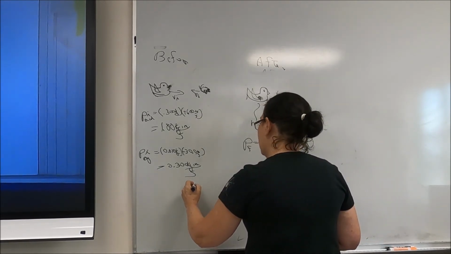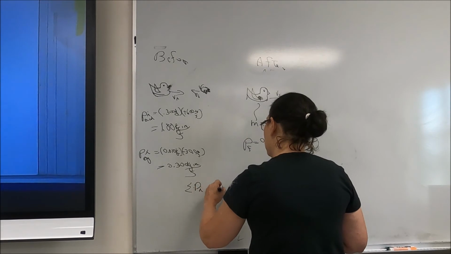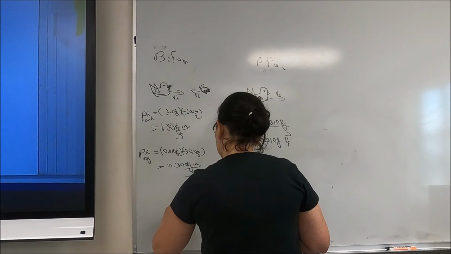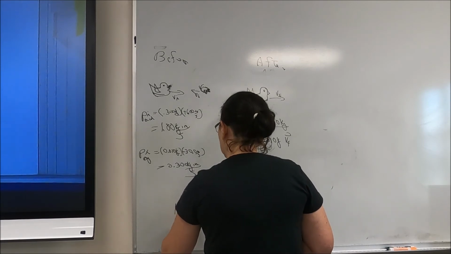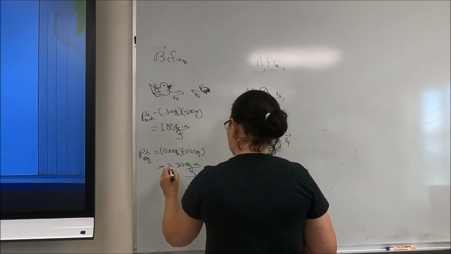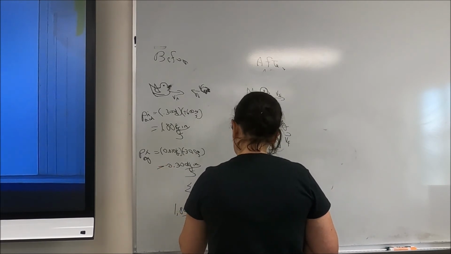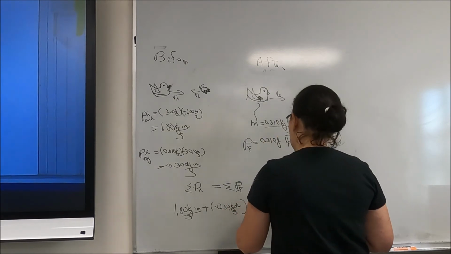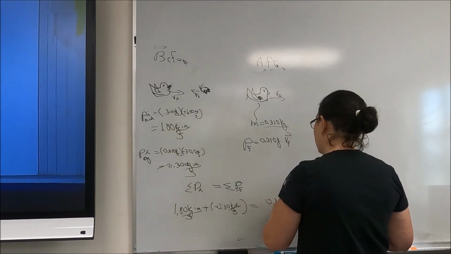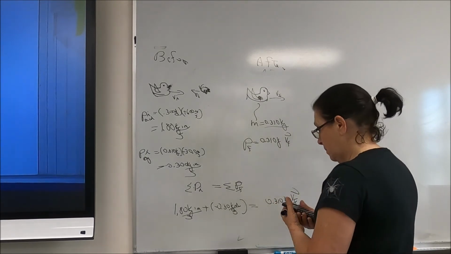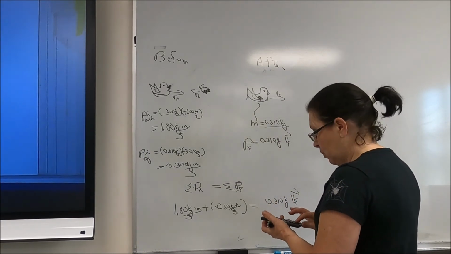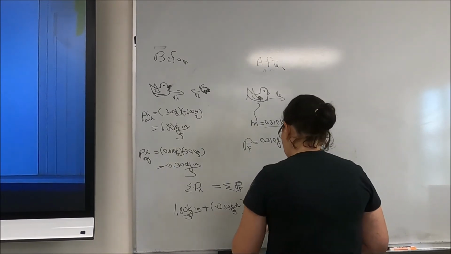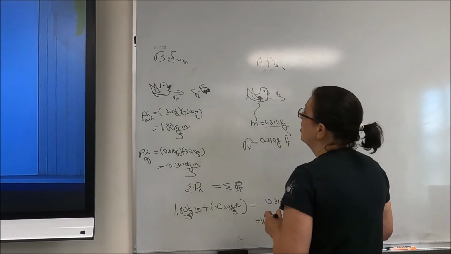So if I say the sum of the momentums initially has to equal the sum of the momentums final, I have 1.80 kilograms meters per second plus a minus 0.30 kilograms meters per second has to equal 0.310 kilograms times V final. So 1.8 minus 0.3 divided by 0.310 says that V final for the bird,